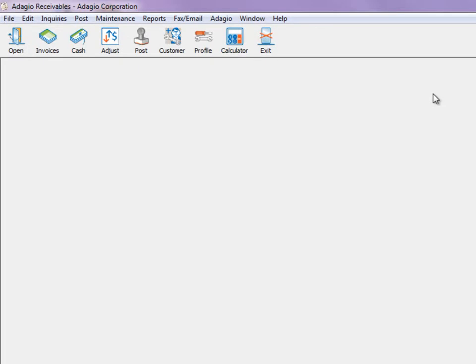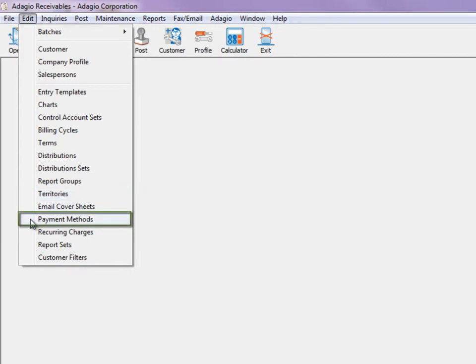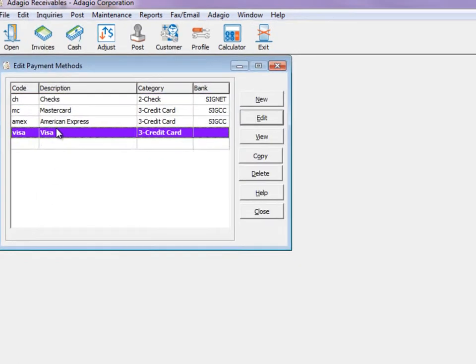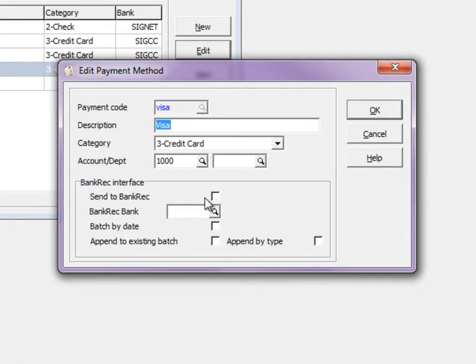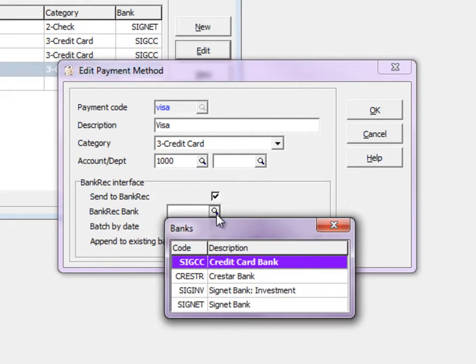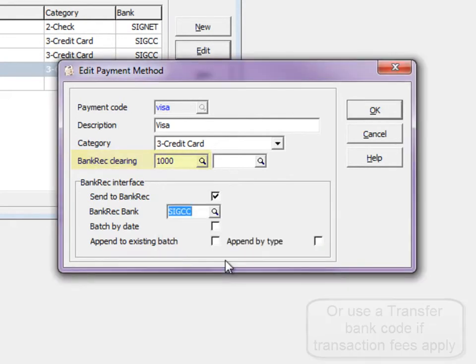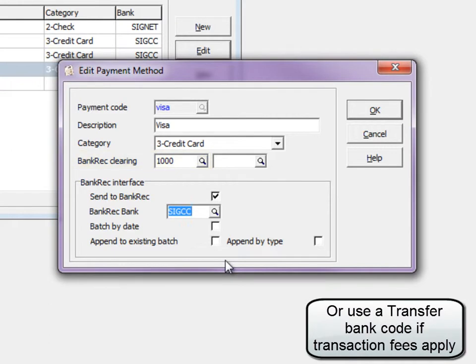Further customization to retrieving BankRec batches is done through payment methods, found on the Edit menu. First, choose to integrate this payment method to BankRec. Next, choose the one specific bank code associated with this payment method. This bank will be the one to which funds are deposited, and it will also be attached to the created